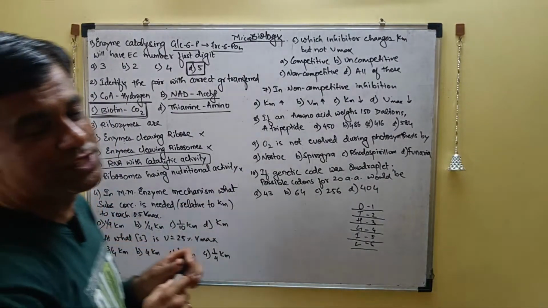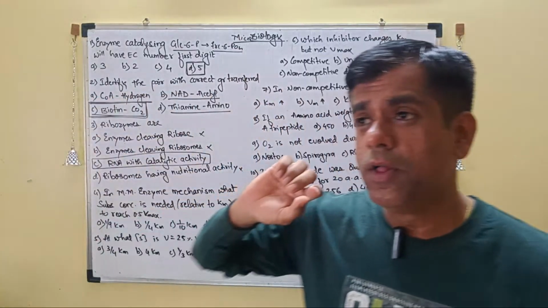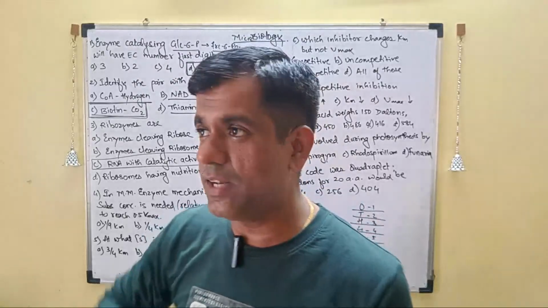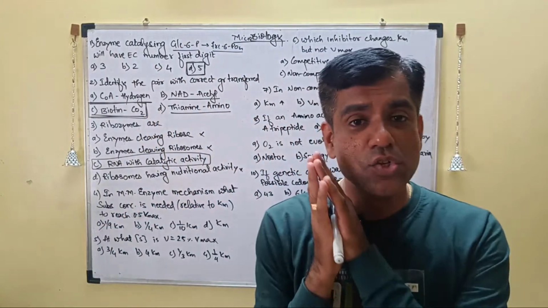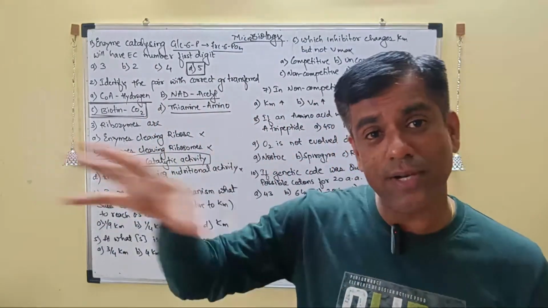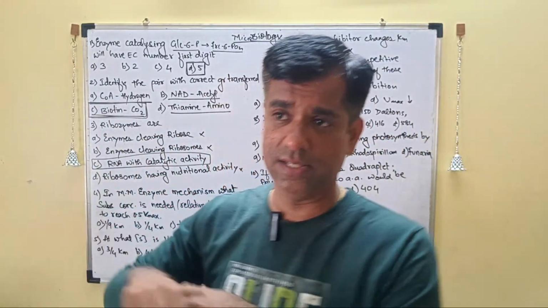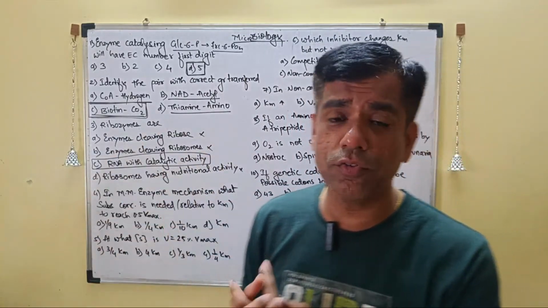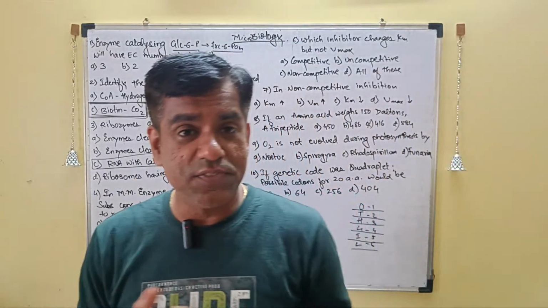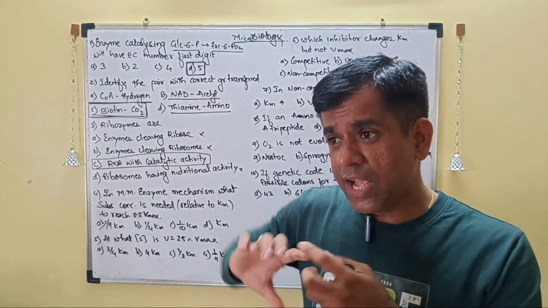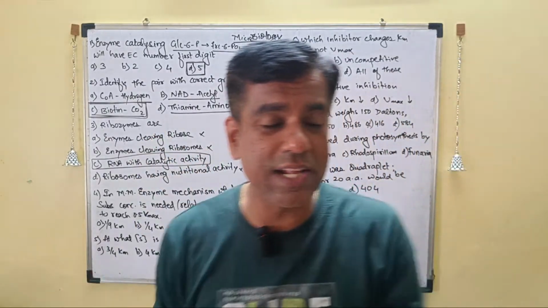So RNA molecules, remember, which have catalytic activity are called ribozymes, right? Most of our enzymes are proteins, but not all of them. We have discovered many RNA molecules which have this enzymatic activity, and they are referred to as ribozymes. In protein synthesis, the larger subunit of the ribosome, which catalyzes the peptidyl transferase activity, has a lot of RNA functioning there. Your spliceosomes, which modify your RNA, removing introns and joining exons,